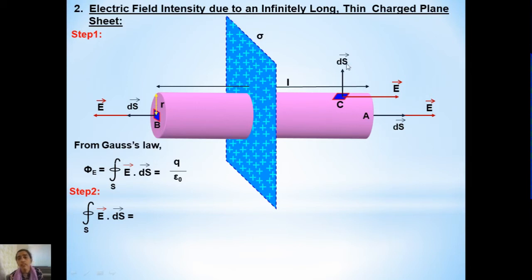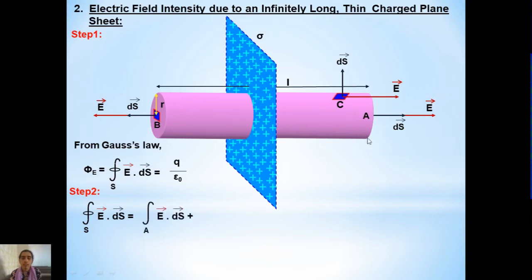Similarly, if you consider this curved surface and take a small area on it, here I have assumed it as C. The area vector will obviously be the normal drawn to that area, which is represented by vector ds here, and the electric field intensity direction will be at right angles to that area vector. Why? Because the sheet is positively charged, so the electric field intensity will be acting in the outward direction. Therefore, the angle between the area vector and the electric field intensity in the curved surface is equal to 90 degree. Therefore,